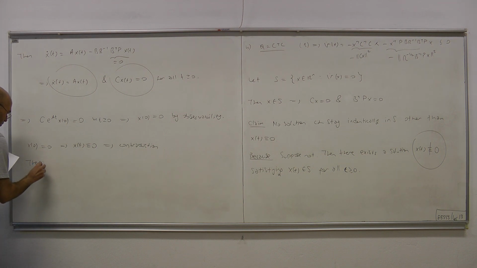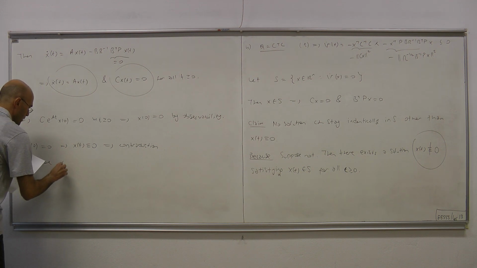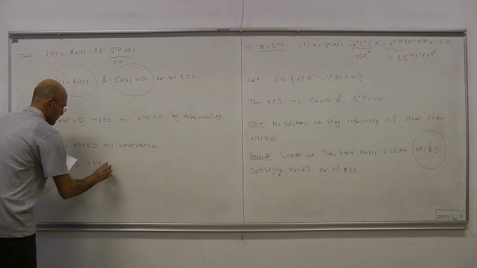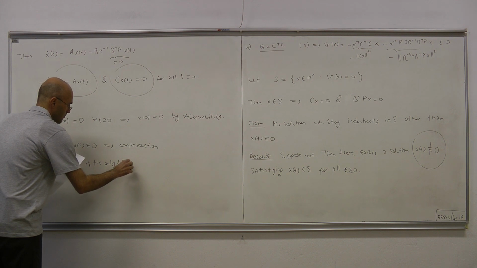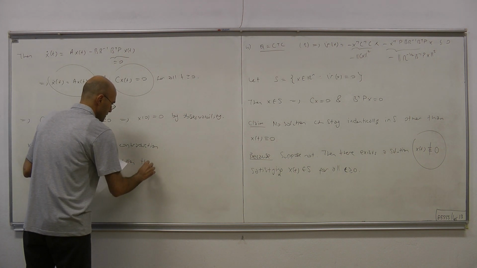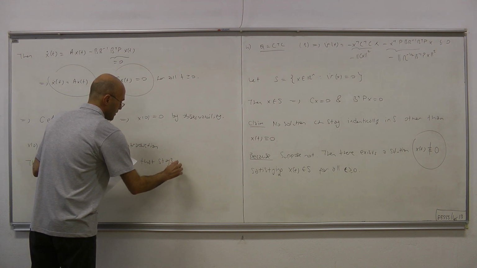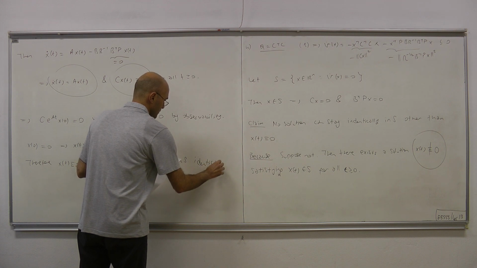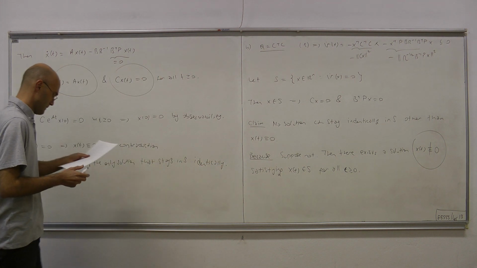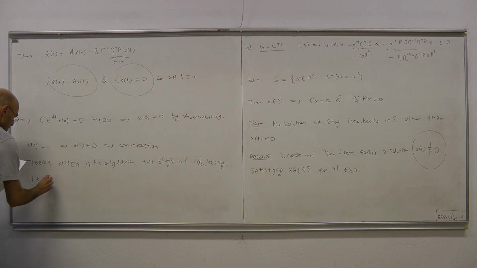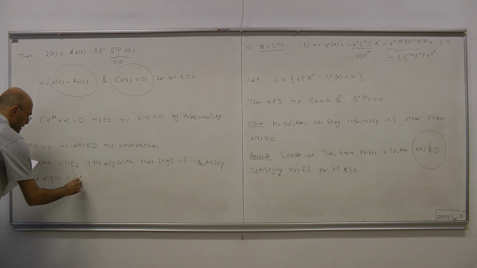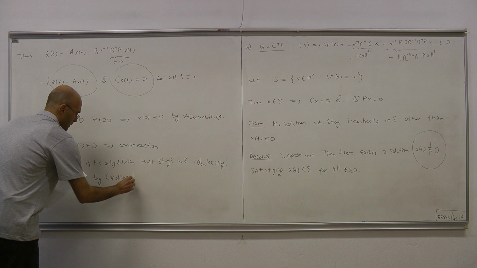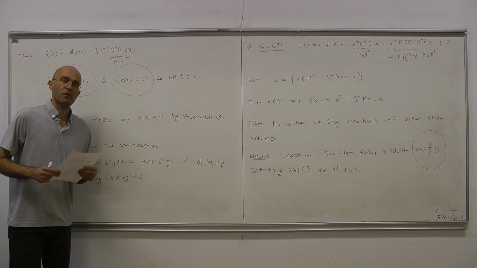Therefore, x of t equals 0 is the only solution that stays in S identically. And the origin is globally asymptotically stable by corollary following from LaSalle's